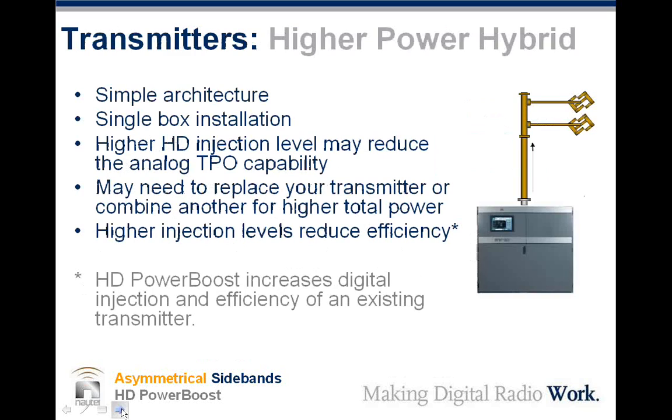Let's talk about how this can be implemented. The bottom line is increasing the digital subcarriers from the -20 dBc at the introduction of HD Radio to -14 dBc, which is approved for stations across the United States. But even beyond that, in special situations where the additional coverage is needed, and the proper authority can be gotten from the FCC. The easiest way that people are looking to do this is to simply improve the power level